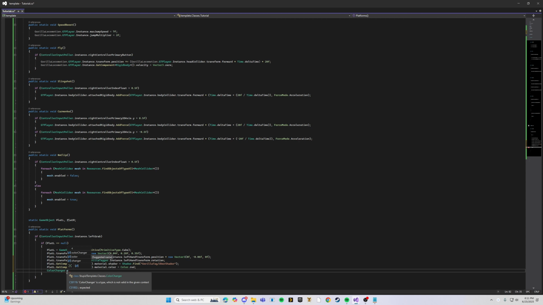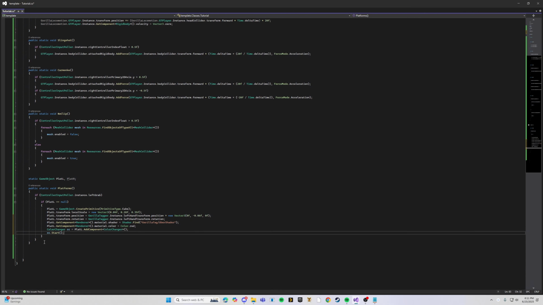So we're just gonna do CC for ColorChanger. We're gonna do CC equals platL.AddComponent<ColorChanger>(). We're gonna do CC.Start. So now where it says here, like this bracket right here for the if left grab, yep, we're gonna do